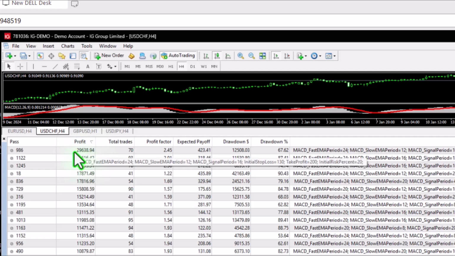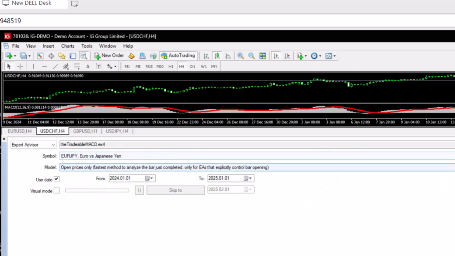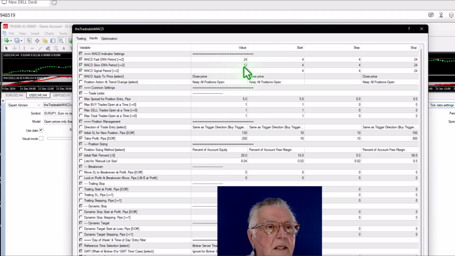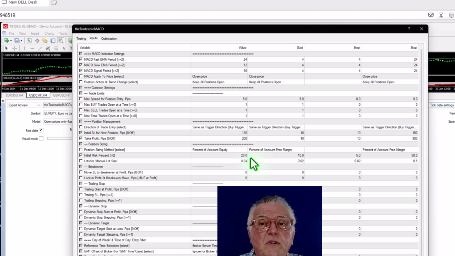So I'm just going to take the first one and put it in and see more or less what kind of settings came out there. And those are pretty standard. Again, a small stop, a large target, and then the risk factor was risking 20%. So 20%. What it's saying is risk 20% on every trade. That's basically what that comes to, and that's why it's so similar to the maximum lot